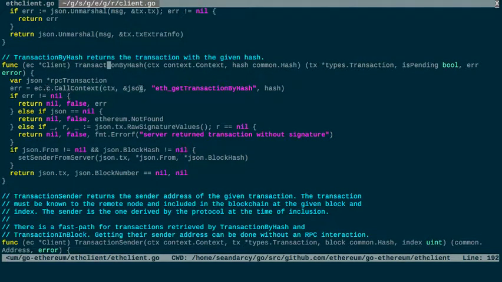So it calls the context, get transaction by hash. So that's another. This is pretty much just wrapping everything that gets sent to the node, because the node takes care of all the brains. All you're doing is making the function call in a format you can understand. So they send call context JSON,